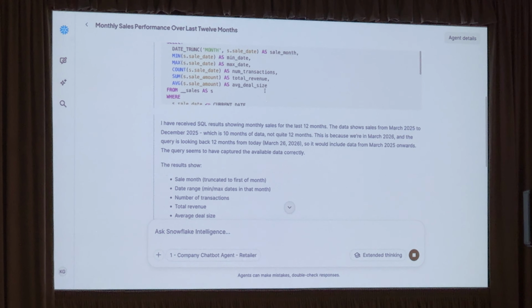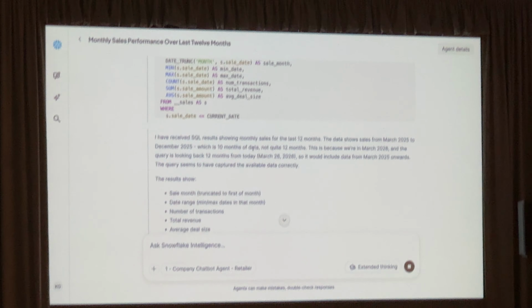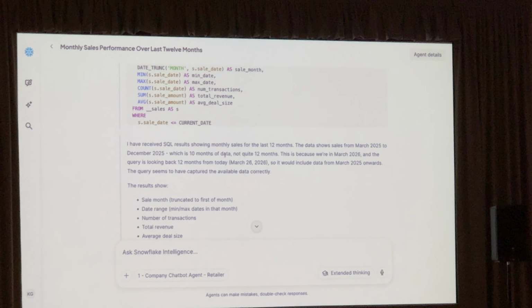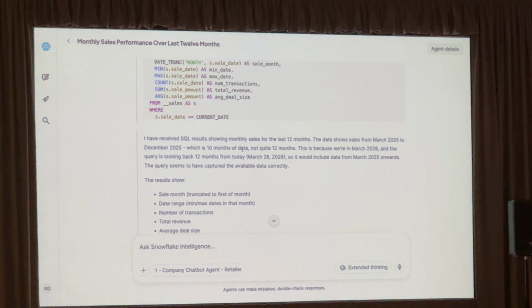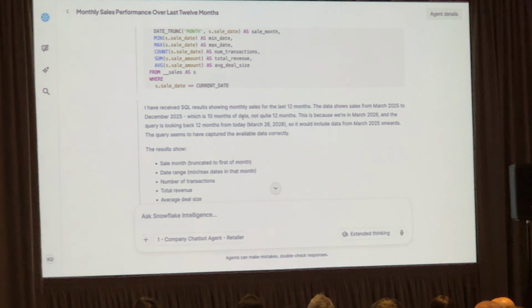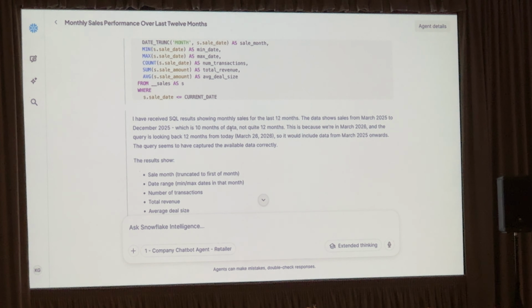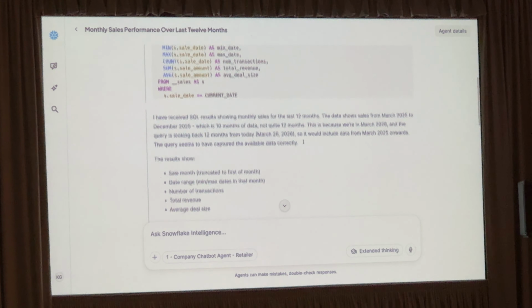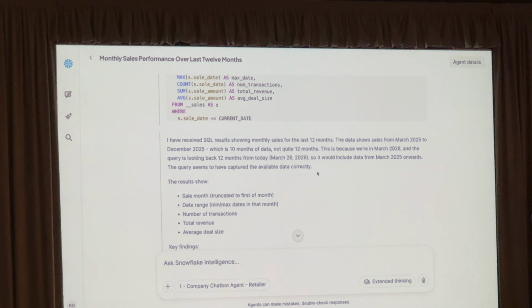telling us, hey, you actually don't have 12 months of data, because my data ends in December 2025. So it's calling out the fact that what you're asking for isn't actually available, but I'm going to give you what I can. And I think that's a really important part, right? The agent actually understanding when it can't complete your request as asked, and then calling that out for you, right? You want to know when those things are happening so that you can either fix the underlying issue, change your question accordingly, and make sure you're getting the response that you're looking for.